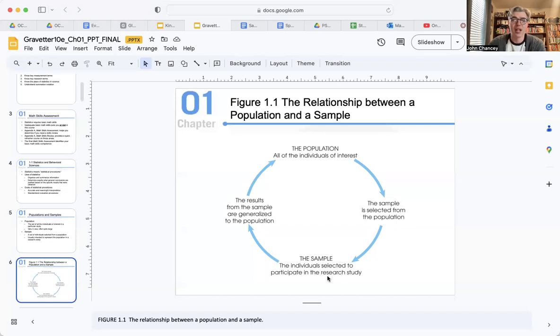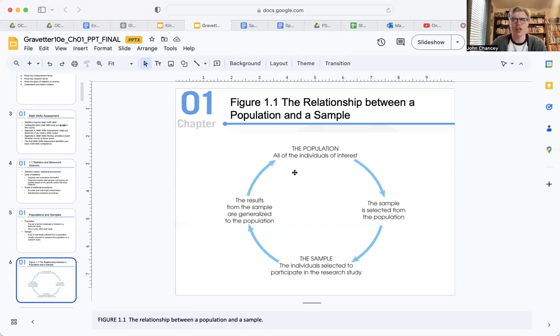The sample of the study, they're selected, and the results from the sample are used to generalize about the population. We take the information we learn about the sample to better understand the overall population. The reason why we don't just evaluate everybody in the entire population is it's timely, it's costly, maybe not everybody will participate. I mean, think about,